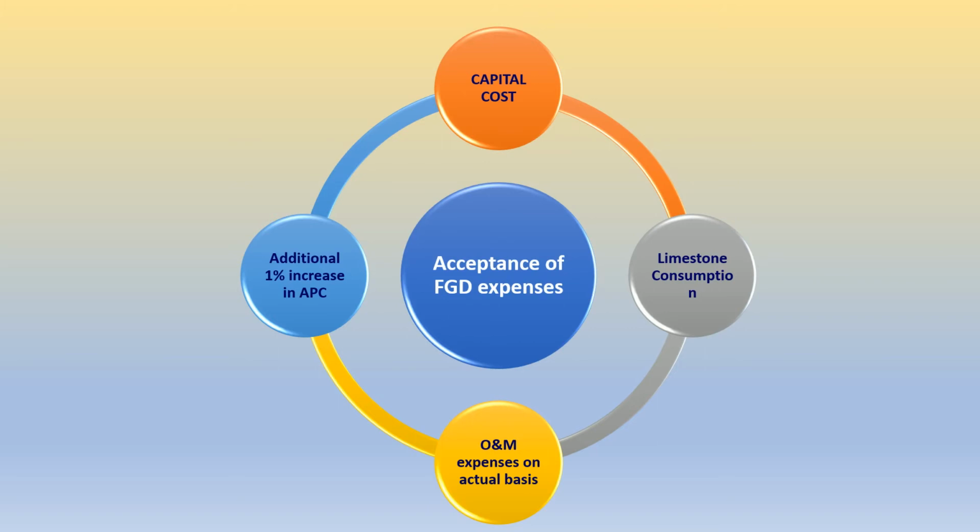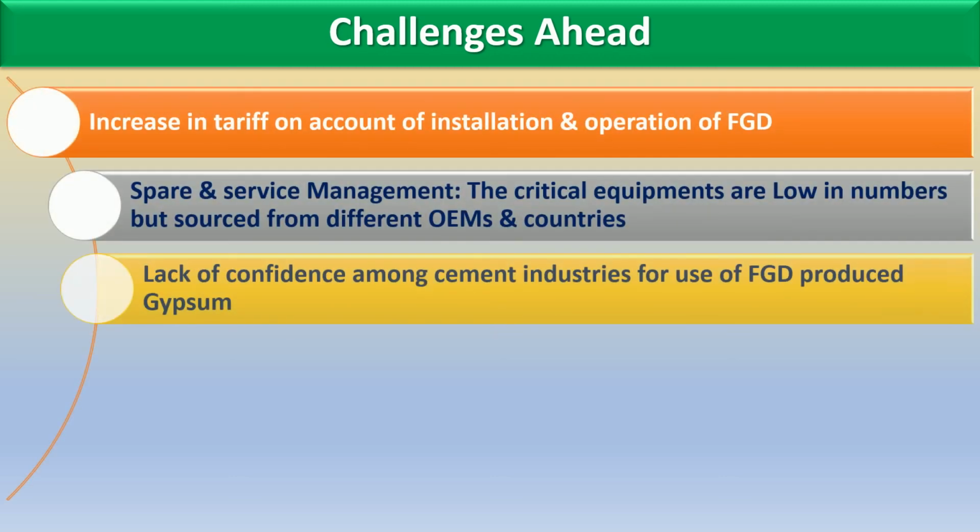Commissioning and operation of FGD increases the expenses of the plant. It increases capital cost. APC percentage increases by nearly 1%. Consumption of limestone increases the cost, and also O&M expenses of the plant increase. Apart from those expenses, there are some more challenges which all plants have to face after commissioning of FGD. Those are: